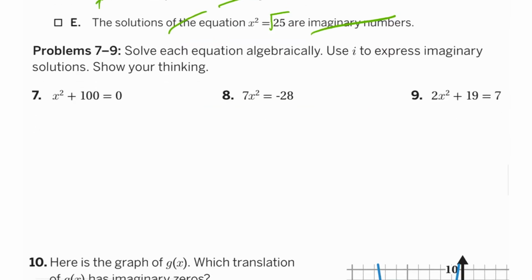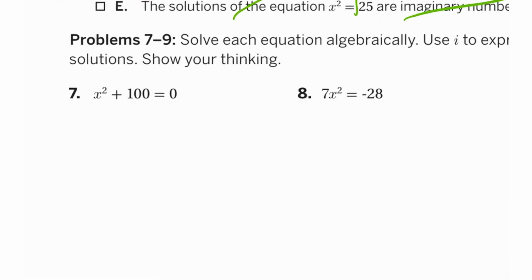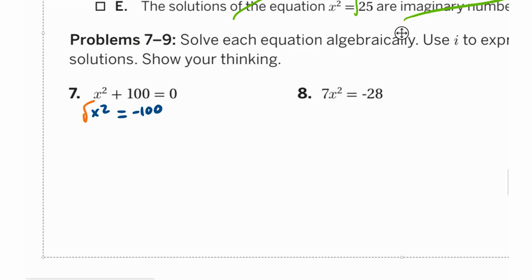Problems 7 through 9. Solve each equation algebraically. Use i to express imaginary solutions. And we're going to go ahead and show our thinking. See if I have enough space to do this. So the first thing I'm going to do here is I'm going to subtract 100 from both sides, which gives me a negative number. I then take the square root of both sides,